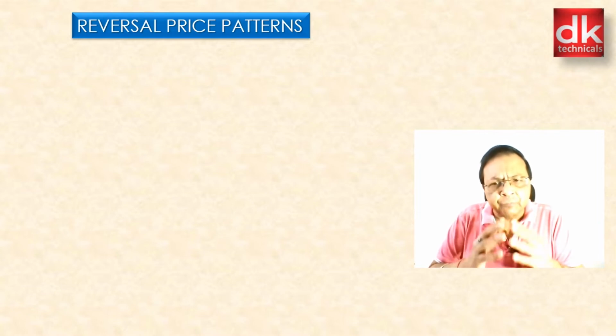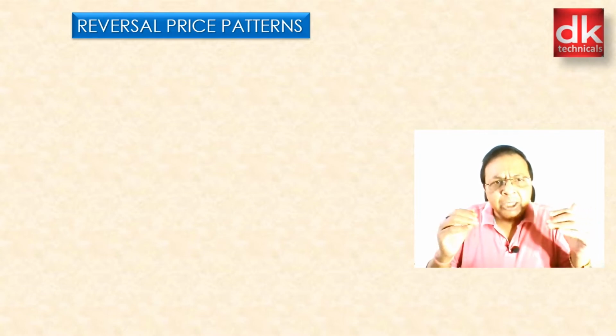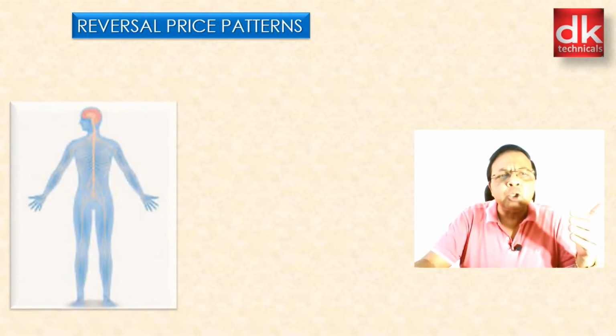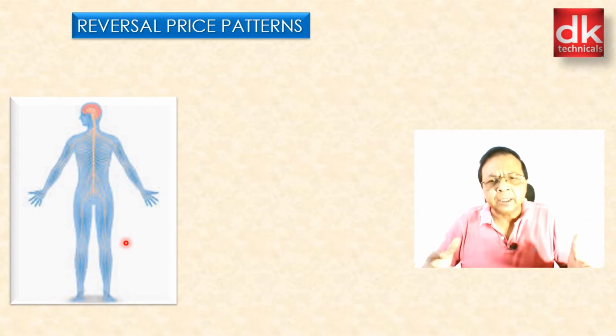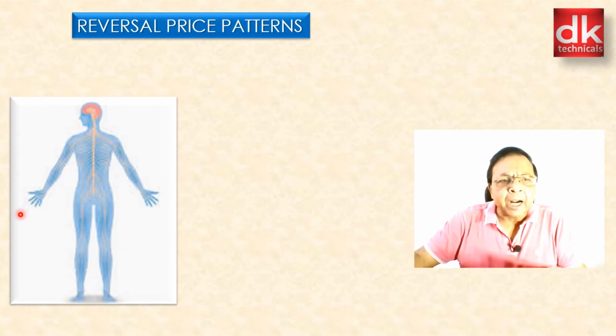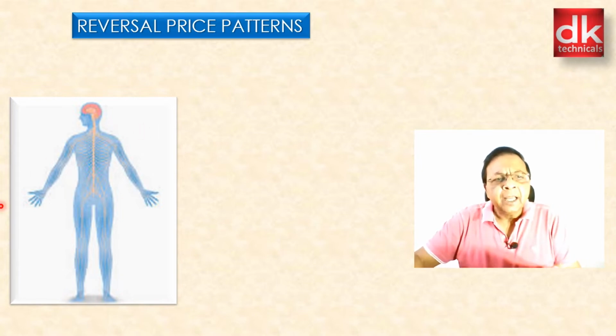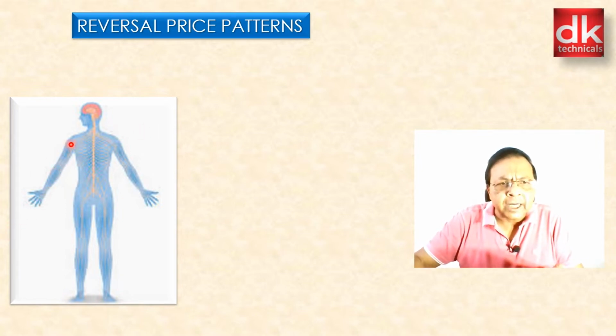So friends, it's very important to understand why this is called the head and shoulder pattern, because if you see, this is the body structure of a human being. The market was trending up, then forms the left shoulder, then the market further moves up and forms the head, then the price starts correcting and forms the right shoulder, and then there is a breakdown of the neckline. This is the neckline, and the market breaks down, which indicates that the market, which was so long in an uptrend,